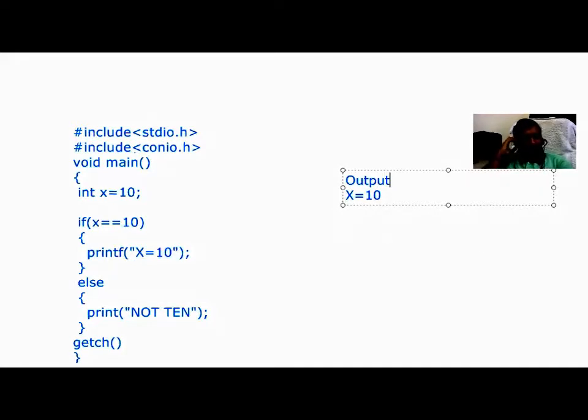Now, just see the program. It's a very simple program in which we are using a simple if statement. If the condition is true, this part will execute. Otherwise, the else part will execute. In this program, the value assigned to x is 10, so the condition becomes true. Today, we are going to stop here only. From the next lecture onwards, we will continue our C programming 2. Till now, we have been conducting revision of C programming 1. Try to understand. Now we will move forward to C programming 2.